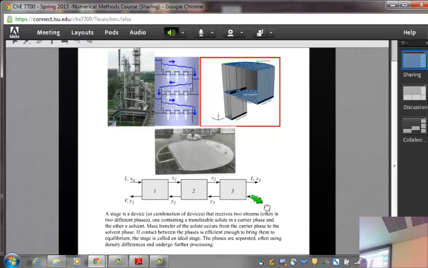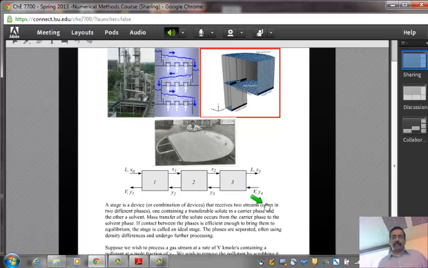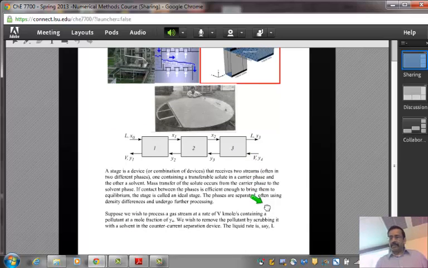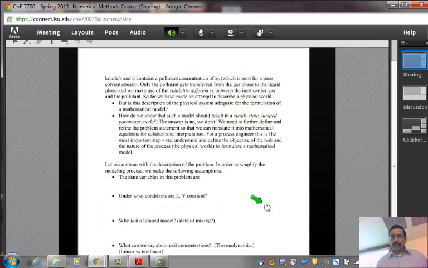So you have identified in this case 10 symbols. Okay? 4 compositions in the liquid phase, 4 in the vapor phase, and 2 flow rates. 10 symbols, and then K also as a thermodynamic model. So you write down the mass balance equations, and